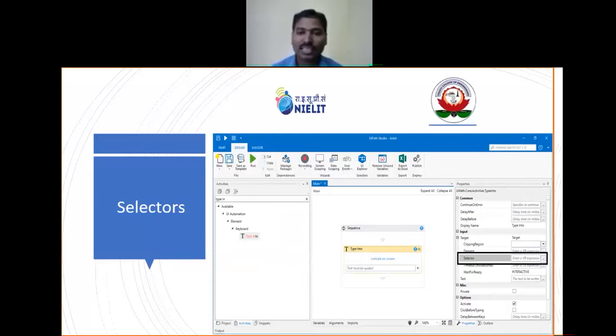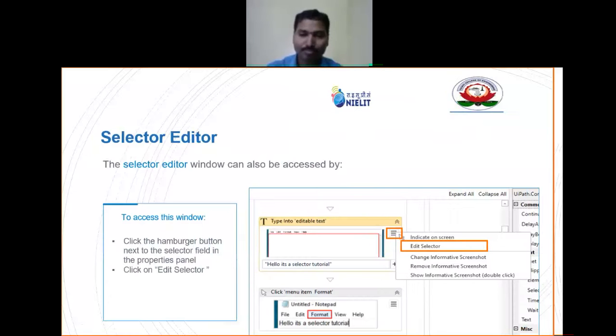To open the selectors menu, you can see this is the UiPath Studio screen. There is a Type Into activity, which is part of the sequence. On the right-hand side, in the properties window, you have an option to edit or modify the selector. The other way to select or modify the selector is to go to the activity, click on